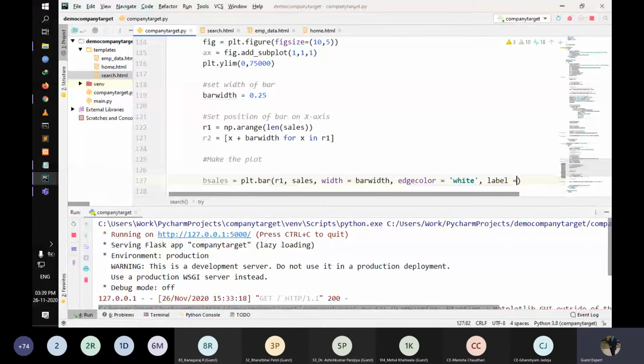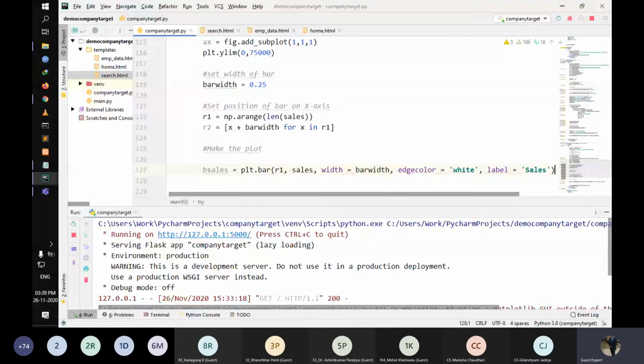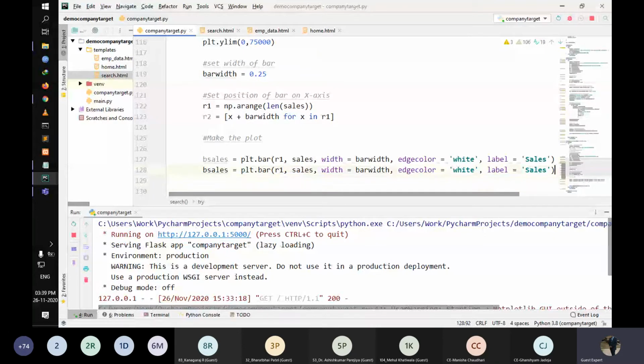I'm changing the value to R2. Let's just change the variable to BGT, which is our other variable.